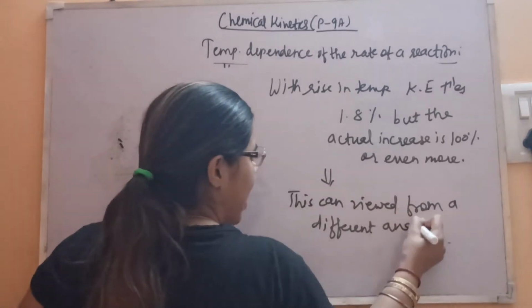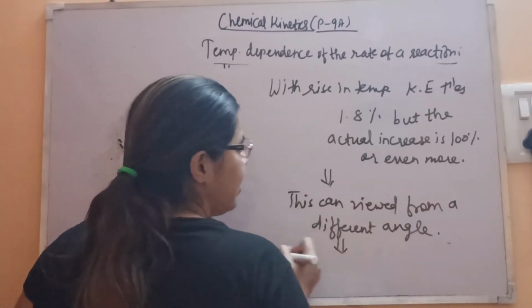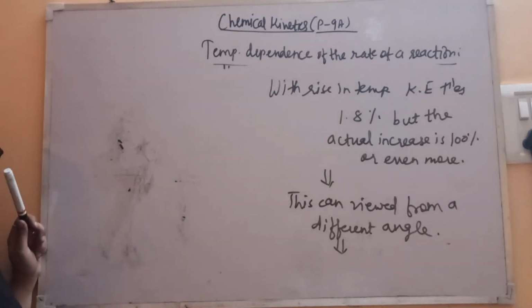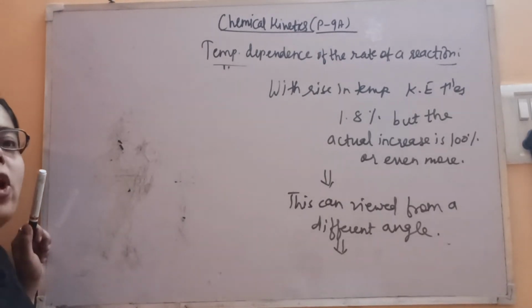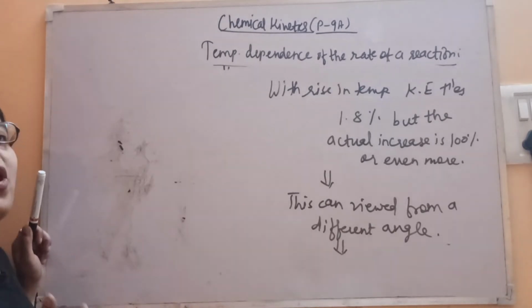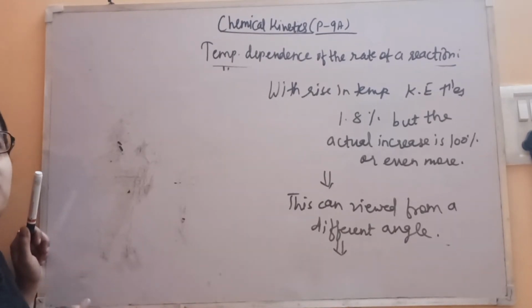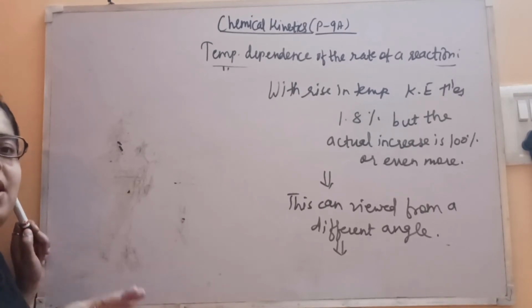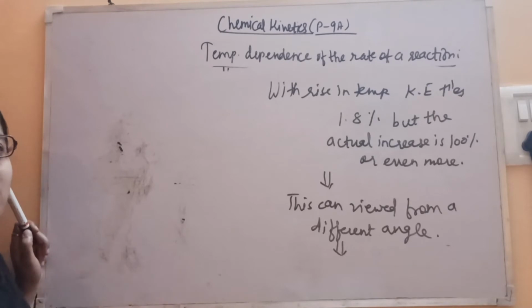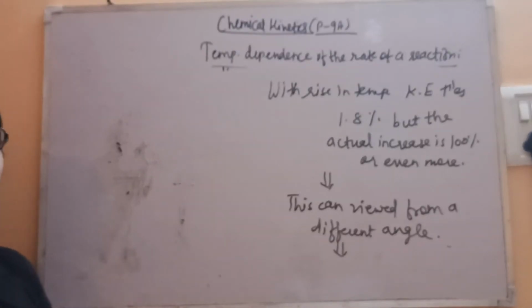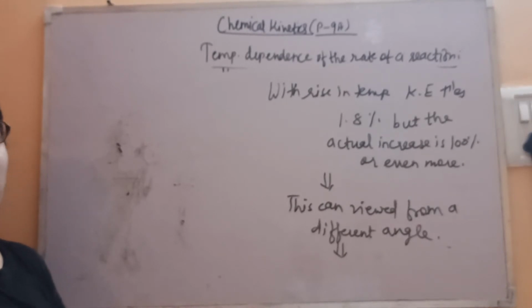Now what is that angle? Let's see. So we are saying the reacting species which are taking part in the reaction have to collide with one another. Now when they are colliding, we have to see whether the collisions are effective or not. Effective means that they are resulting in a chemical reaction or not. If they are colliding and then going back, then no formation of product is there, then it's an ineffective one. Fine, no use of that.